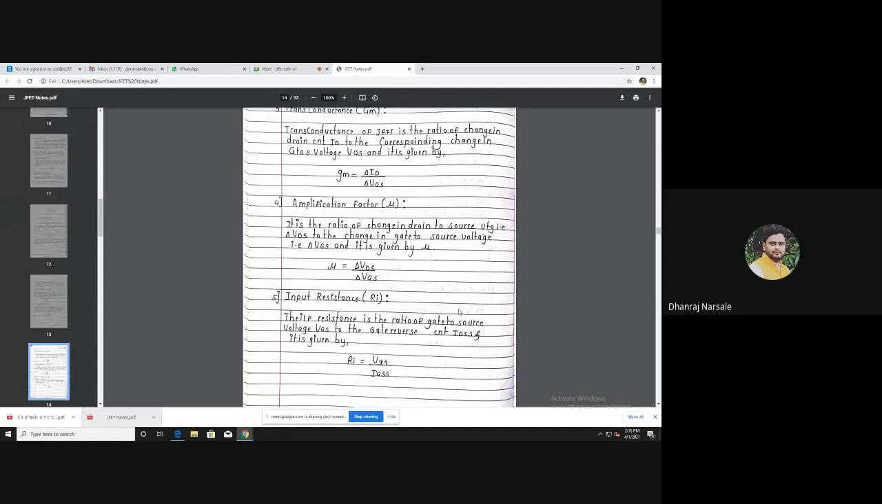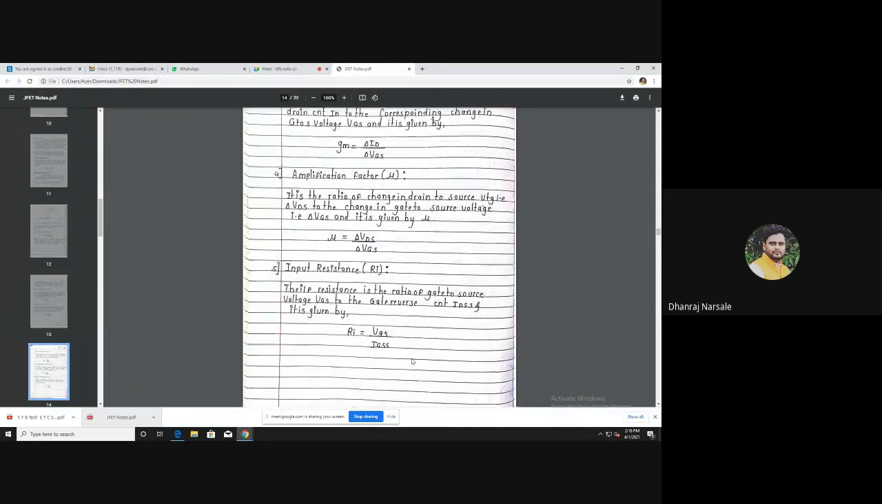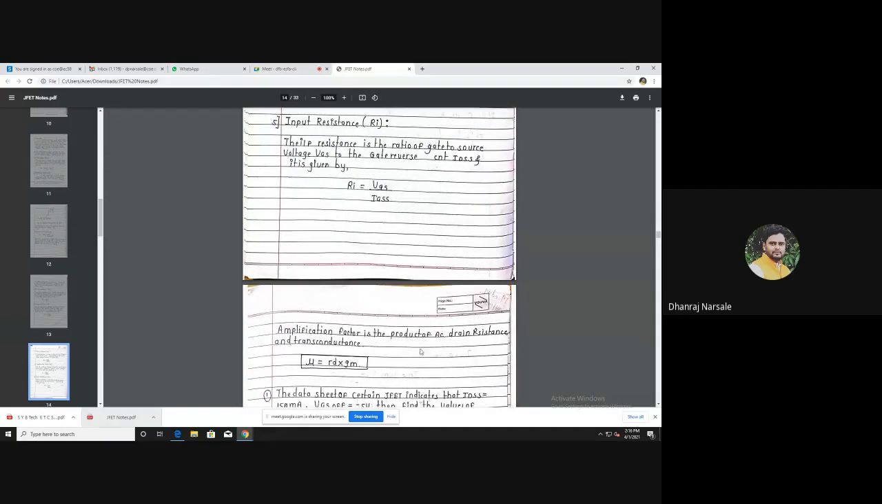And the final one is the input resistance, which is denoted by RI. In JFET, input resistance is given by the voltage between gate and source, VGS, divided by IGSS, the reverse saturation current in the JFET. So these are the five parameters. If you see the five equations, then we can say that the amplification factor is the product of AC resistance and